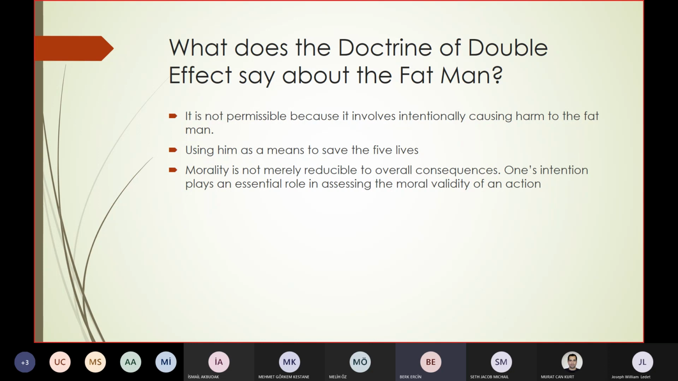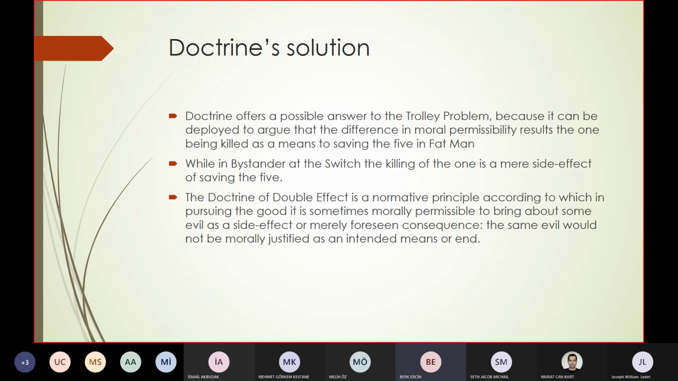According to the double effect, saving 5 lives this way is wrong because it involves intentionally causing harm to the fat man, using him as a means to save the 5 lives. Contrary to utilitarian moral principles, morality is not merely reducible to overall consequences. One's intention plays an essential role in assessing the moral validity of an action. So, the doctrine offers a solution. It's a possible answer, not a definitive answer